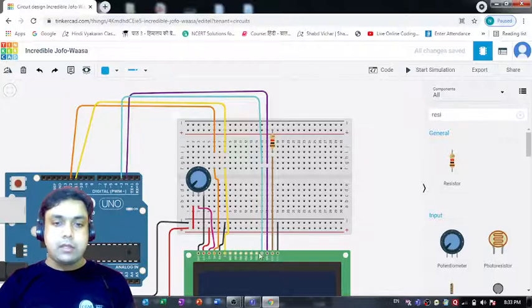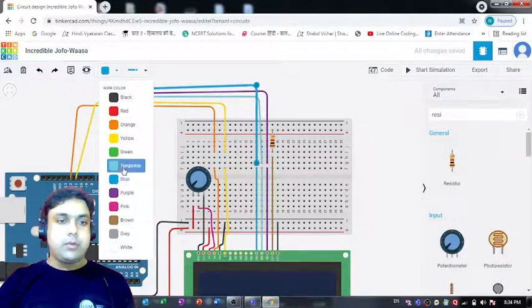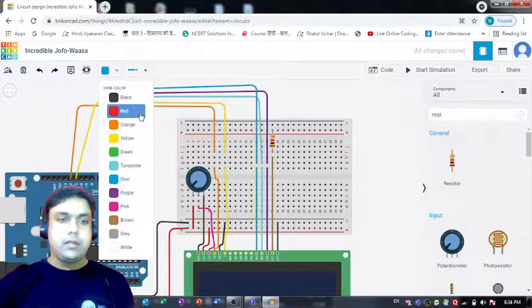Now I'm selecting this blue color, and I'm going to connect it to this pin. So that's DB5, right? And let me tell you to which pin I am connecting it. I'm connecting it to pin number 4 of Arduino Uno R3 board. Similarly, I am going to select another color, and let's go with green.